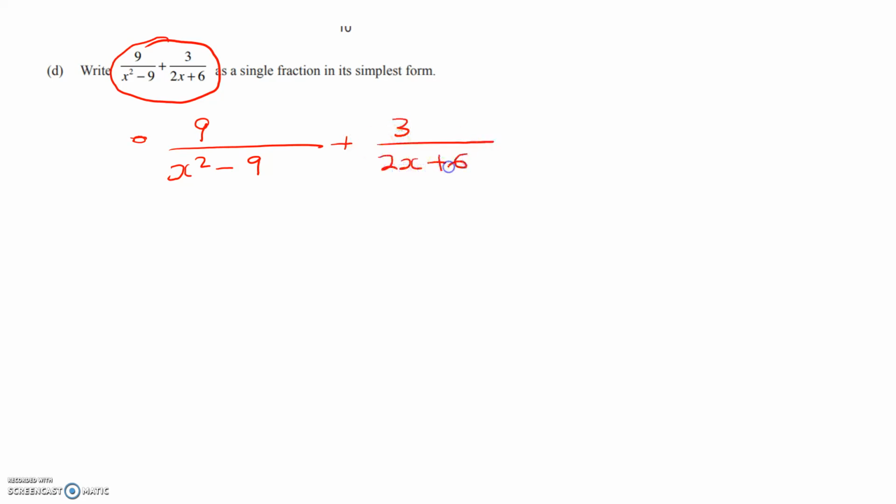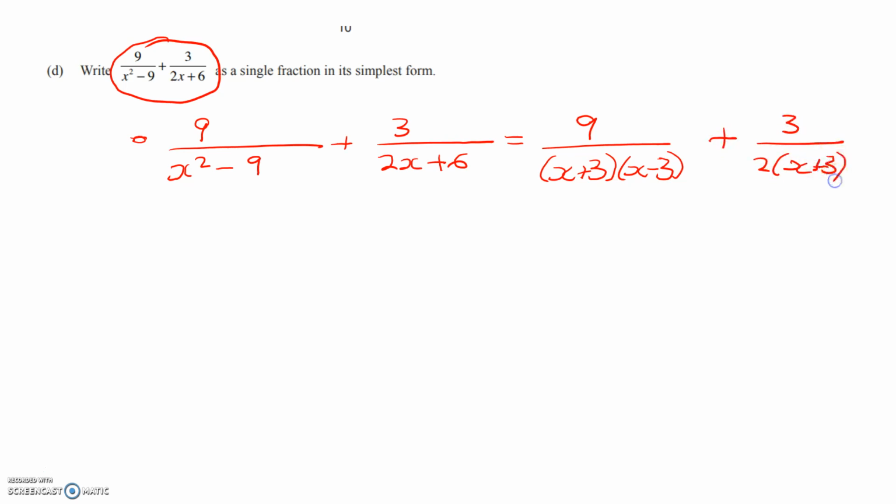Now we're going to simplify. Factorise the denominator in each expression before we do anything else. So here we get 9 over (x plus 3)(x minus 3), plus 3 over 2 times (x plus 3). Now, the lowest common multiple of these two things is going to be 2 times (x plus 3) times (x